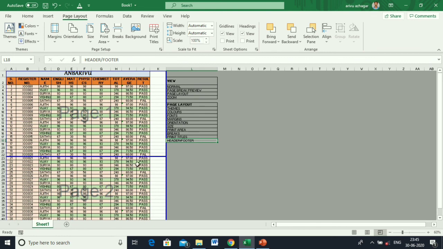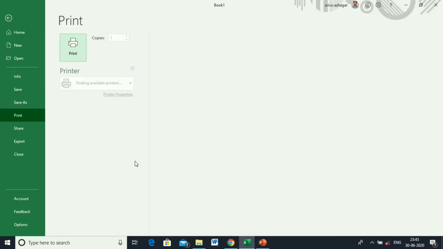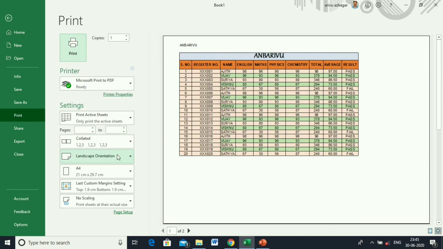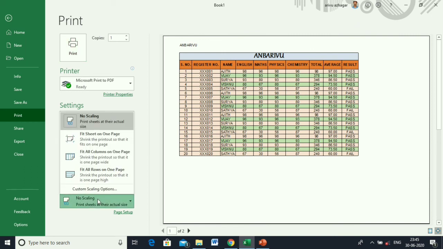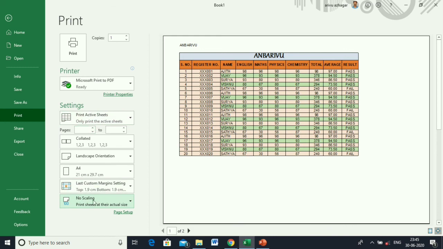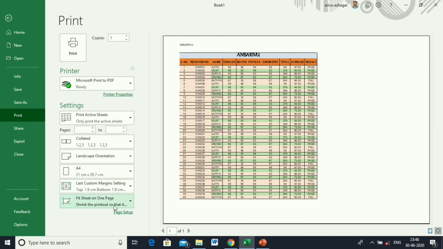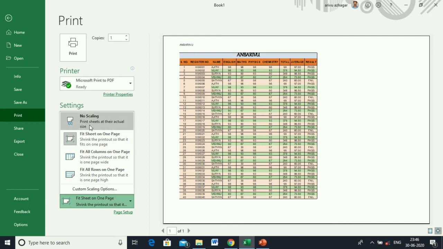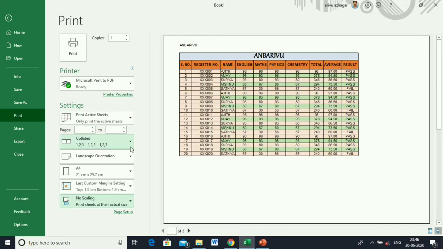That's all the setup. Now Control P. Here a few shortcuts are available in Control P itself. Scaling, you can set the scaling at 100%, or fit the full document in one page. Customize is available. You can set normal or narrow margins.